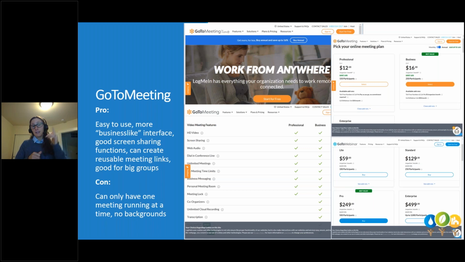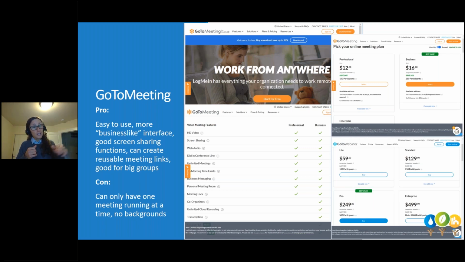You'll notice that. And speaking of the pros and cons of GoToMeeting, why I put it right after Zoom is for exactly that reason. GoToMeeting, as I mentioned, similar to Zoom, is great for big groups. It's a little bit more business-like. You don't get the backgrounds. You do have a lot of features to mute and unmute people. If you've got all this background noise and you want to corral the environment, it's a little bit easier there. Zoom has you bring people into a room. You can have that extra feature. GoToMeeting does not have that. That's a real preference if that's something that you like.